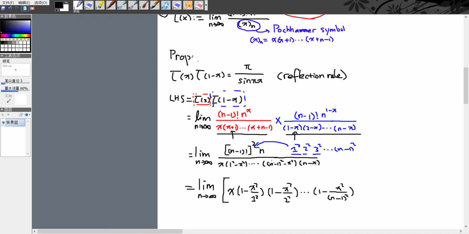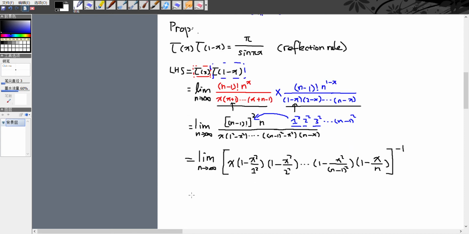And for the last term, we divide n by n minus x. We will have 1 minus x over n. And we close the bracket and write to the negative 1. So,